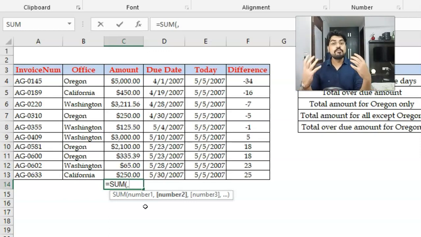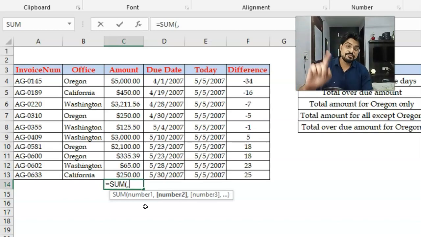So something which is bold is telling us that we are standing over here right now and we need to fill this argument right now. So this way we can take this approach, we can understand this logic. It's very useful, and sometimes it's also very relevant when you would like to audit the function, because I also get projects in which the client has already tried himself. Now he already applied the function, but through this I'll be able to know where he committed the mistake, and through this I solve his problem and I get paid for the same. So that's one very important trick you can use as a freelancer also, or in your job, or anywhere you are using Excel. Okay, now something which is bold, it means you are standing on that.